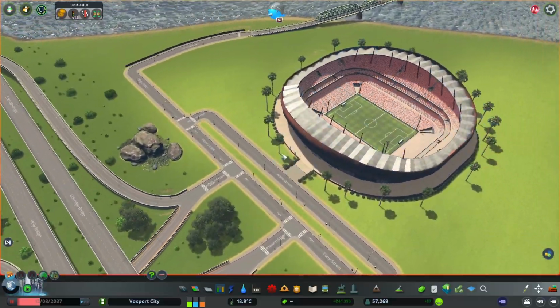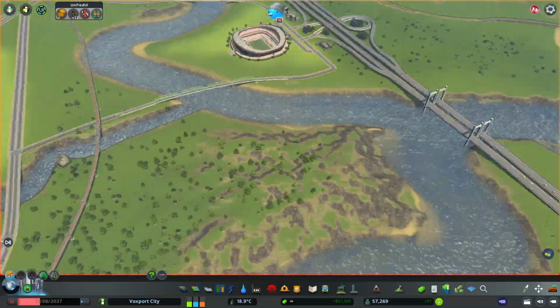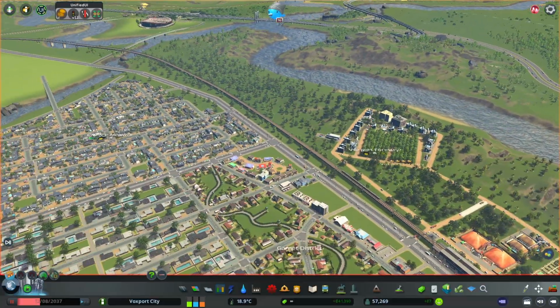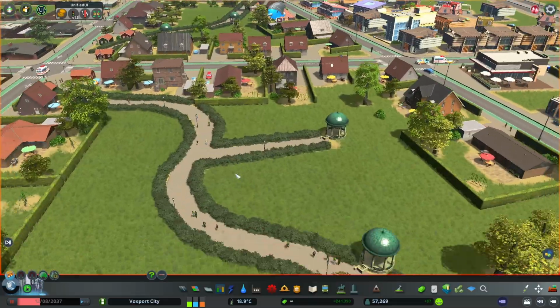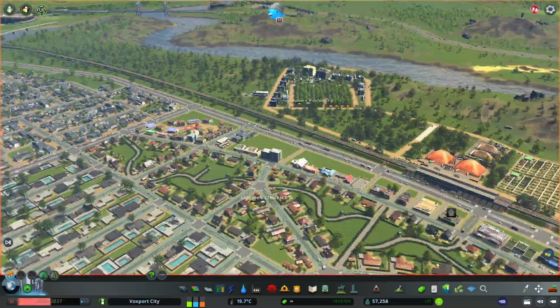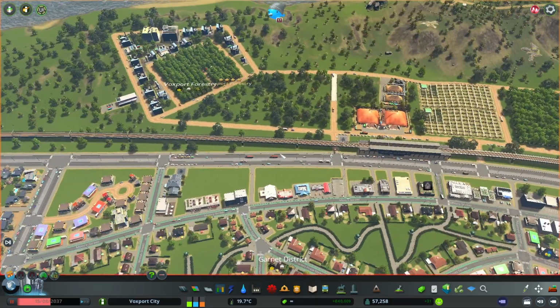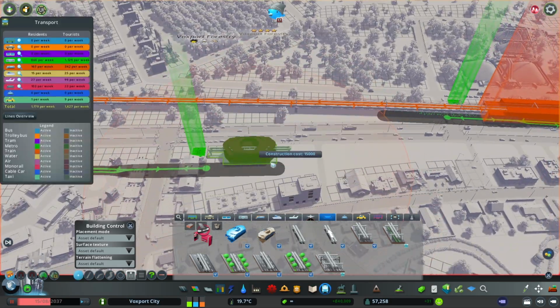Okay, let's decorate the front of the stadium a bit. And first, let's see if we can put in some monorail from the actual city. Oh, I love this district here. Look at all the people using this. Let's go. Okay, for the monorail, I think what we'll simply do is just grab this, put it next to